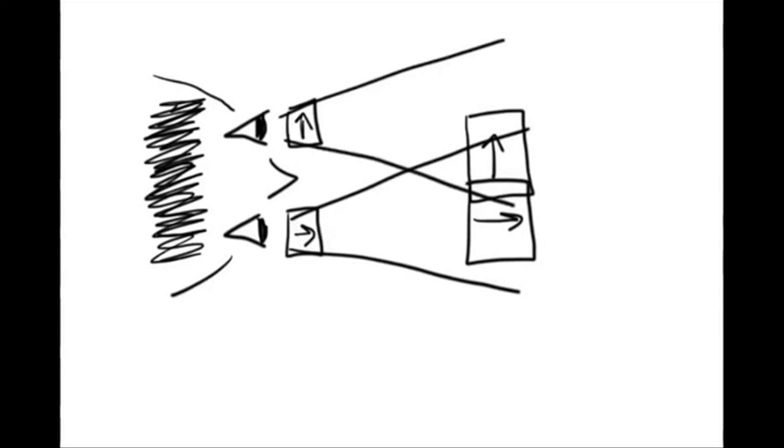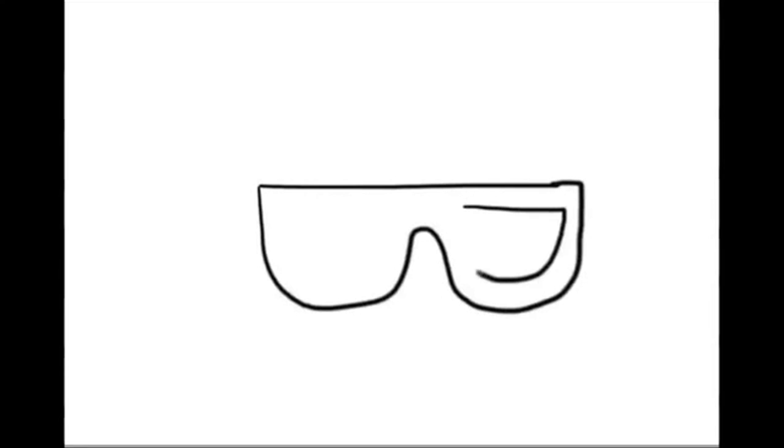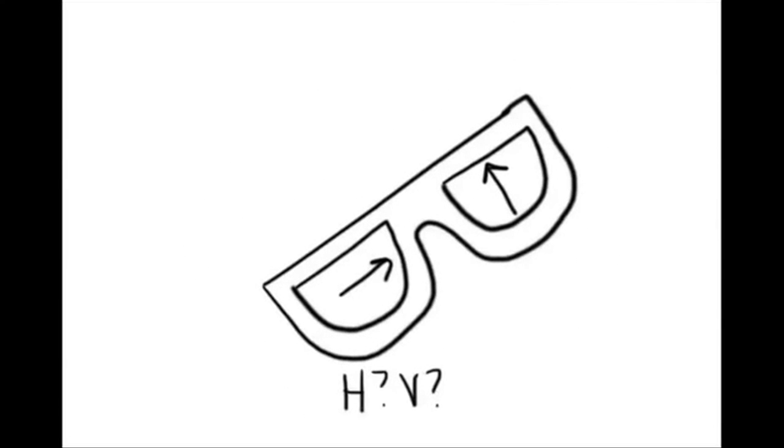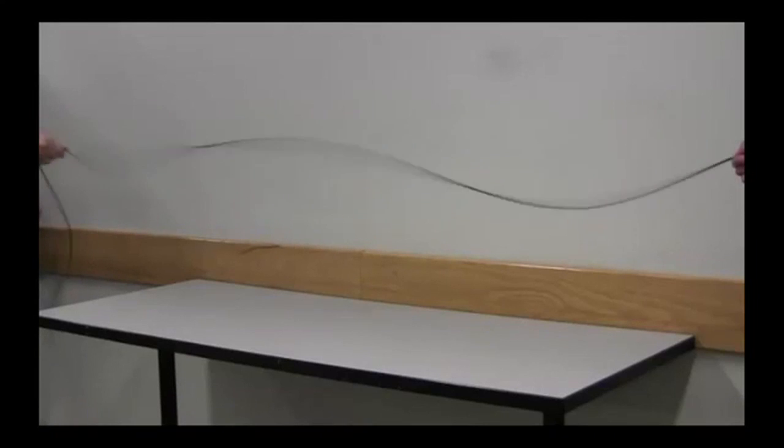There's still a problem with these kinds of glasses, though. If your glasses are horizontally and vertically polarized, when you tilt your head to lean it on your front shoulder perhaps, the glasses' lenses turn into diagonal polarizers. But now the light from the screen is not lined up with the polarizers, so the movie doesn't look right to you. To solve this problem, many 3D glasses today use a different kind of polarization in their lenses, circular